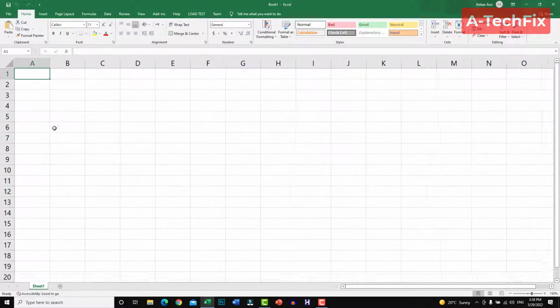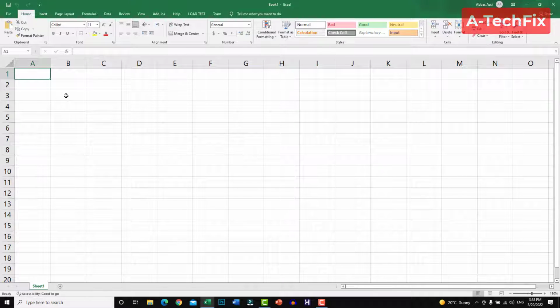To create a random number in Excel, simply go to your cell,